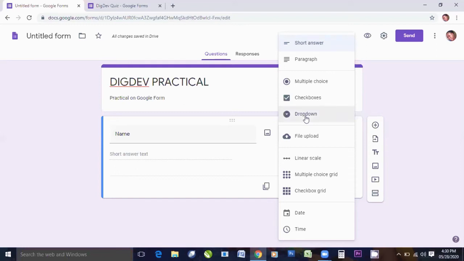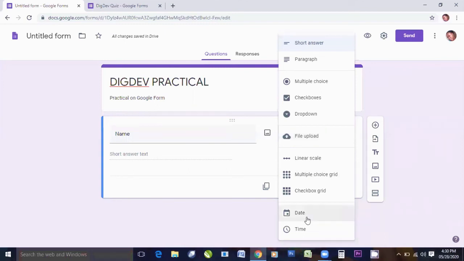So you make use of this. Or you want them to upload a file as their own answer. So let's say, after you ask, instead of name, you put your image or your passport. Now, on the response page you are going to give them, you click on file upload. Once you click on file upload, there will be an opportunity for them to upload a file, and so on like that.